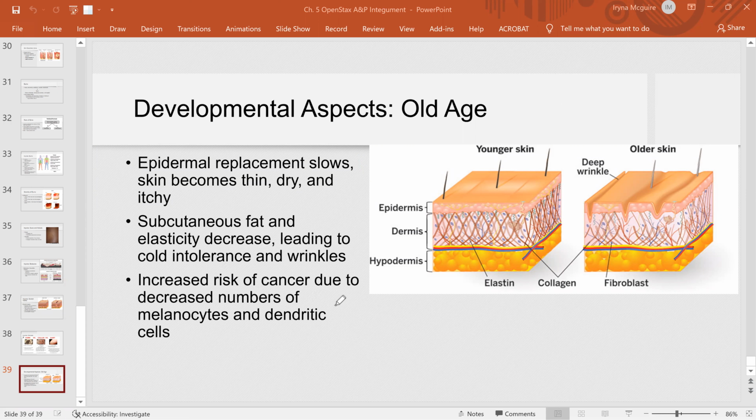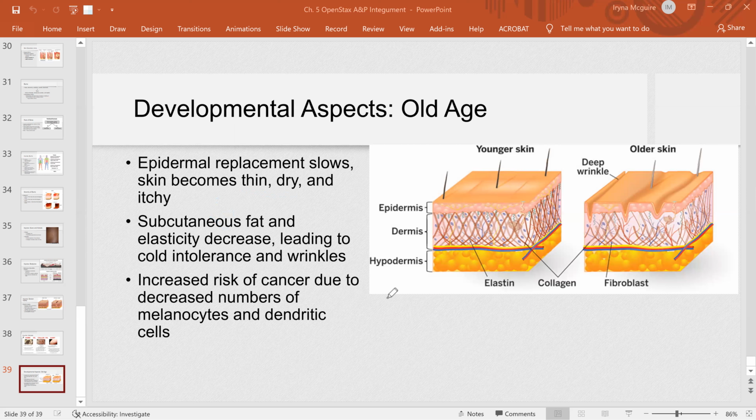Also increased risk of cancer due to decreasing number of melanocytes and dendritic cells. Right, so as we get older, the skin becomes dry and thin. We have less fat, less elasticity, and because we have less subcutaneous fat and less elasticity, then we have wrinkles,